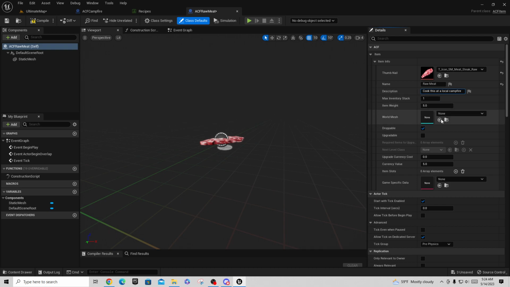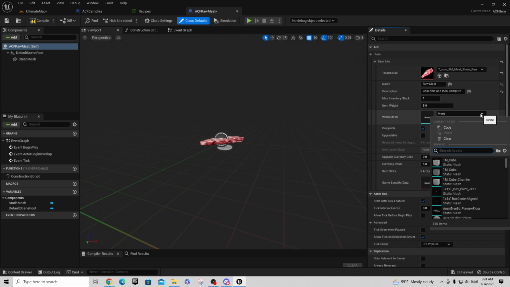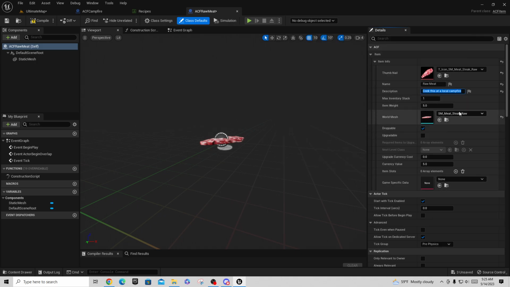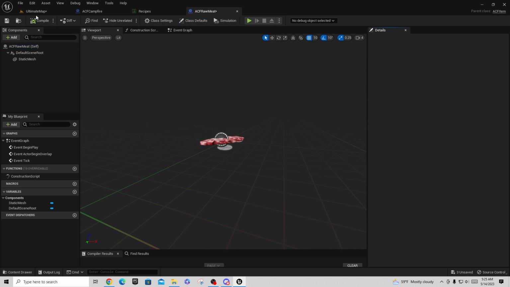All right. And the world mesh for this, go to steak. We have a raw steak as the world mesh. And that's about all we need. We don't want to put this in an item slot because, again, we can't consume this yet until we've cooked it. So we don't want to be able to actually equip it or anything. We just want to have it in our inventory as something that we can use. So if I compile that,